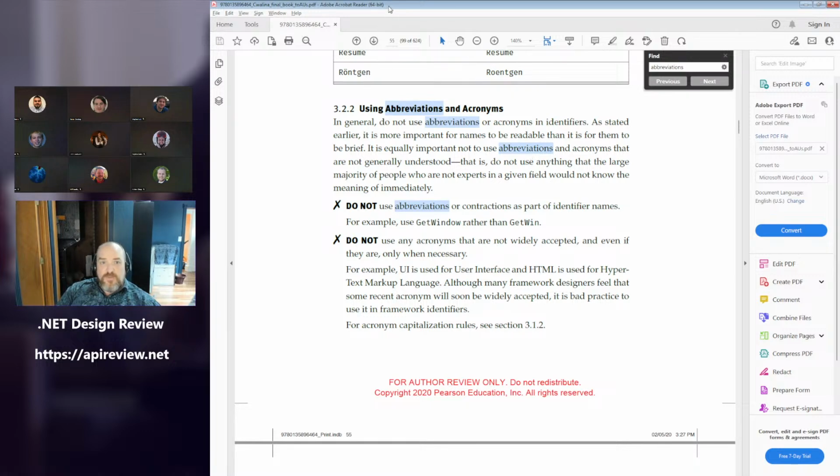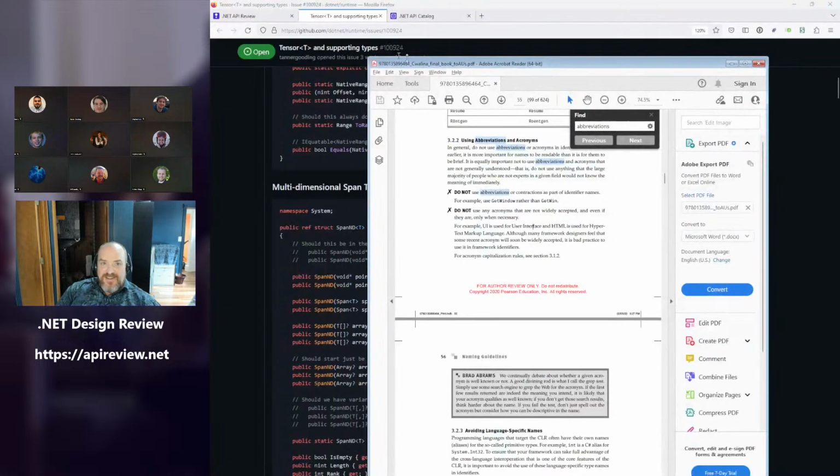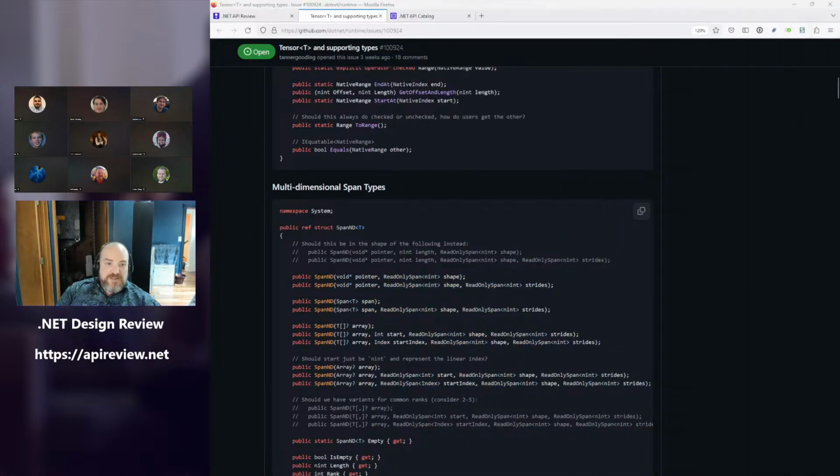And while this may be widely accepted in the community that's doing it, I don't think that for a type that is currently proposed in system, it is widely enough accepted, especially because when this was first proposed, no one in this room understood what ND meant. We all thought you meant MD, and it was a typo.